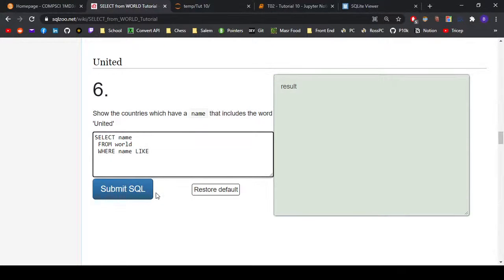And LIKE allows you to do something called pattern matching. Basically, it allows you to match a value, in this case the name, to a predefined literal. And this is what it might look like. So you give it a string, and the way it works is that